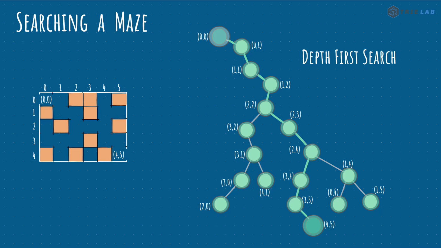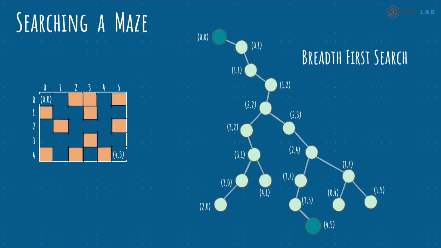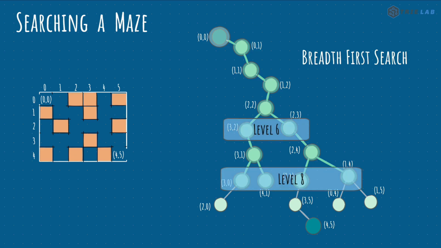Now, let's run breadth-first search on this graph to find out what is the most fundamental difference. Now, for BFS or breadth-first search, we again start off with the same node traversal sequence as we did for depth-first search, but now something interesting happens. If you observe, we are traversing the graph level by level, discovering all child nodes at a given level before moving to the next one. I'm going to pause this video and highlight this point. We are actually covering all the nodes at a particular level before covering the nodes in the next level.